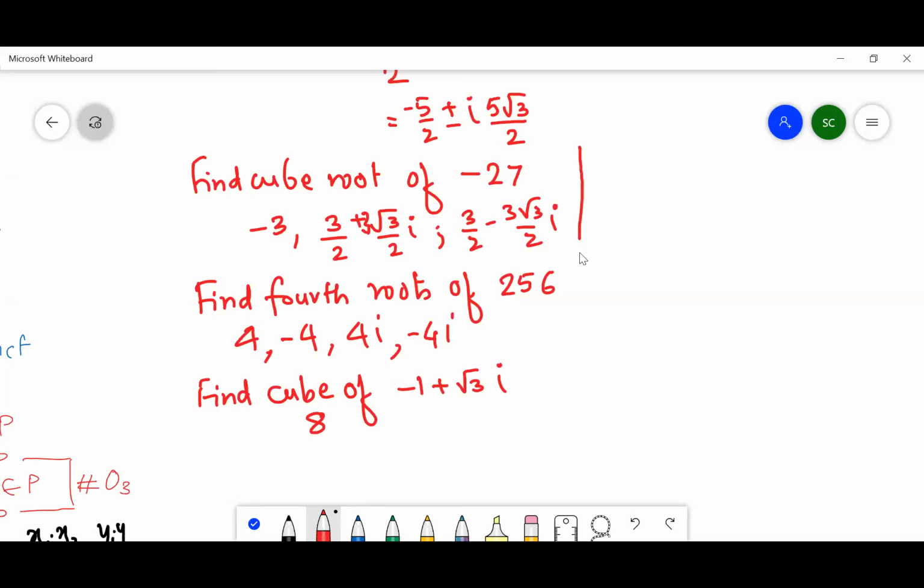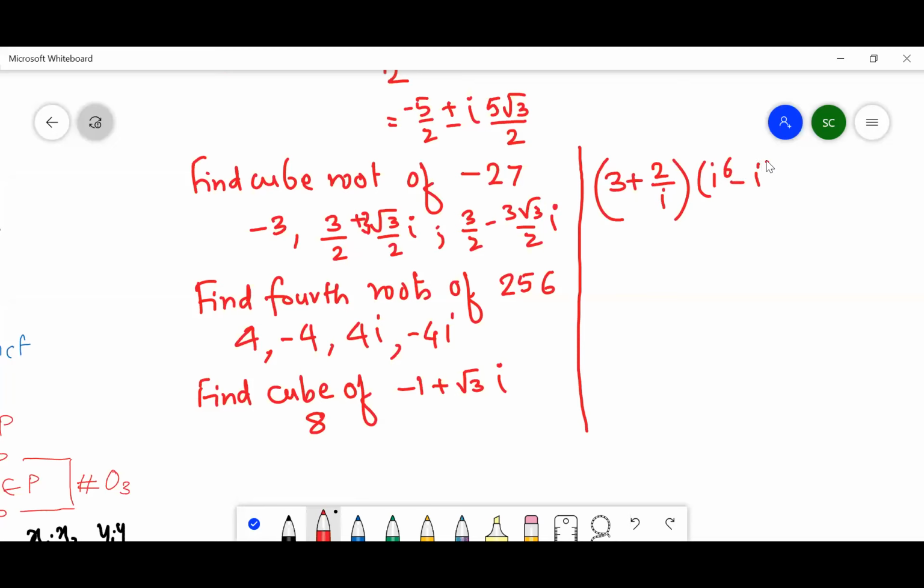Now you have to simplify and tell me what this complex number is: 3 plus 2 upon i, into i raised to 6,